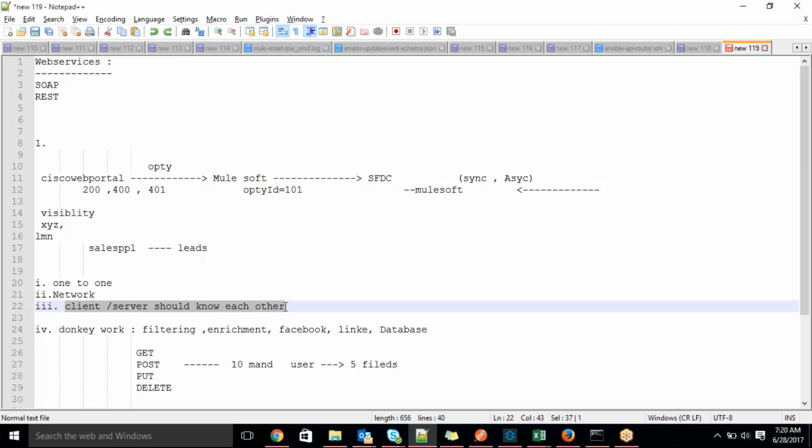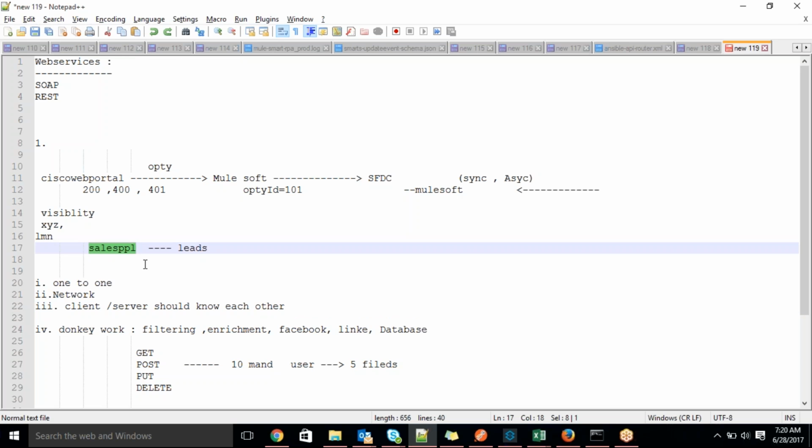You are clear? No, before you said that salespeople will get some leads so that they will contact. So I'm unable to think that. I will go through the history again. Yeah, understood that one. Give me a moment, I will clarify your question. Generally, campaigns will happen, right? So they will get the leads.